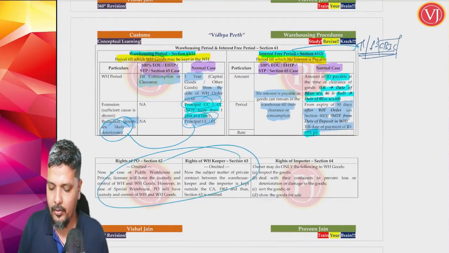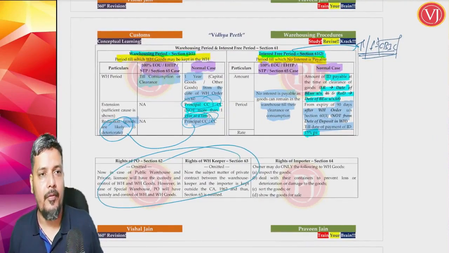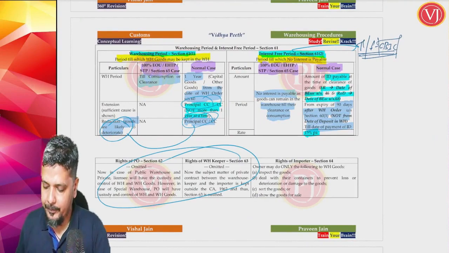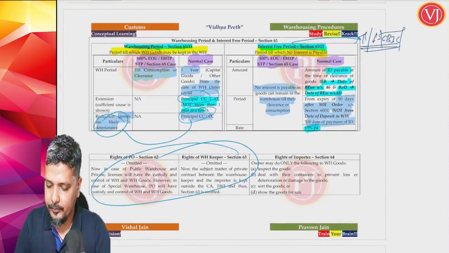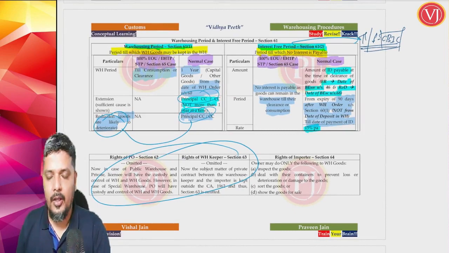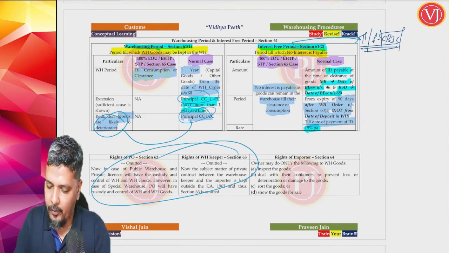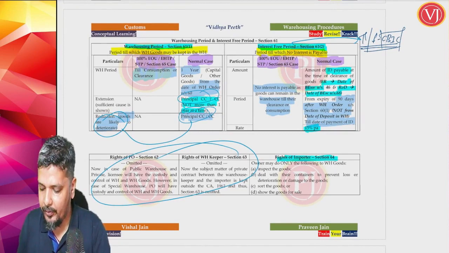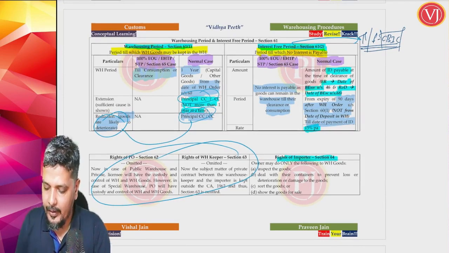There is no right of proper officer. There is no right of warehouse keeper. Right of importer. What importer can do? Importer can do only the following cases. Rights of importer, section 64. Only the following cases. He can